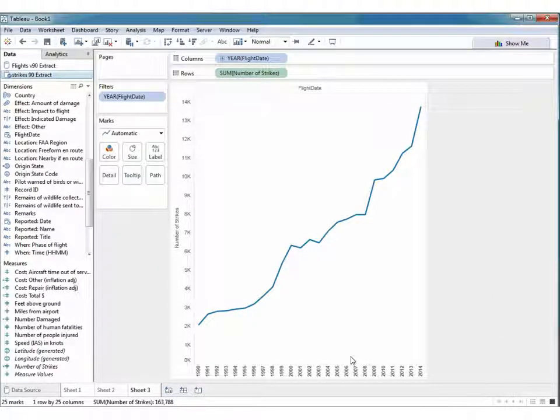Now there's this huge increase over 2 decades. And then when I ask audiences about why that is, we get multiple hypotheses. And this is a very good idea. When you're working with data, it is good to come up with multiple hypotheses. The one I almost always hear is that there's more reporting. Then I hear that there's more flights as another hypothesis for causing this increase.